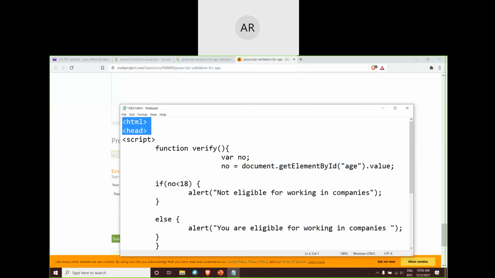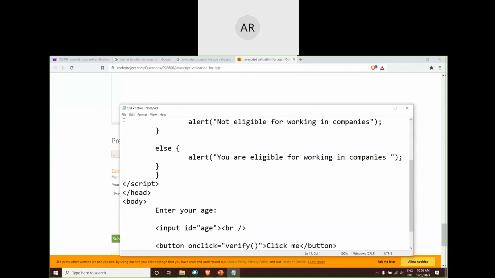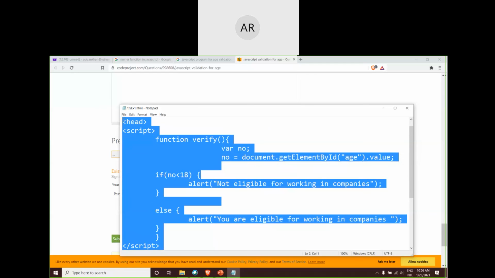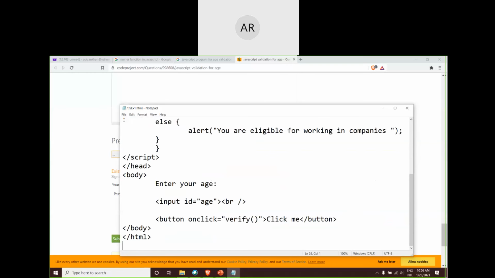HTML head, you know it well. We are writing the HTML program. Now, within the head tag, we are writing the script tag. Our head tag is closing here. Okay. So within the script tag, we are going to write our JavaScript program. So what is our JavaScript program? My program is that whenever the button is clicked, some action is to be performed. Now, first we will create those buttons and the input. Then we will come back for that particular part.